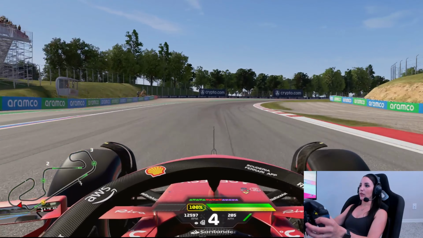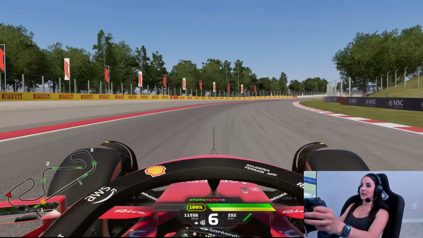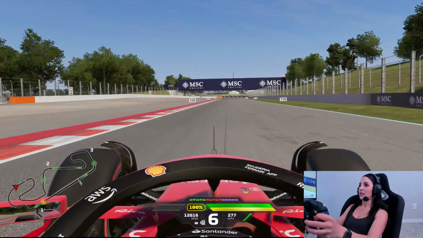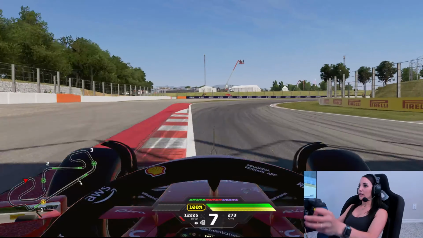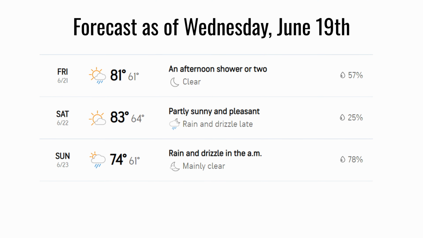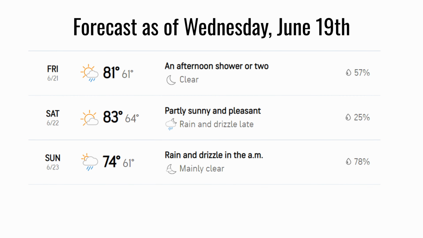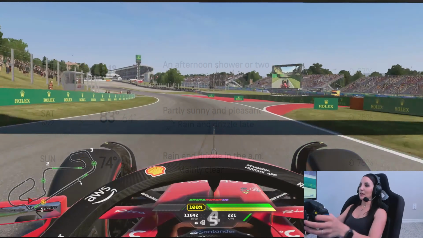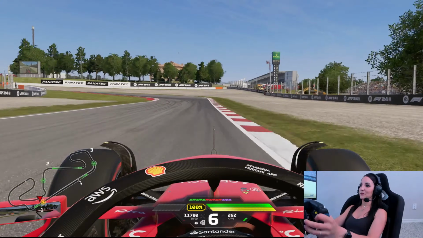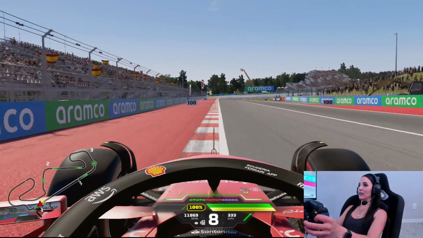When it comes to the weather, it can be unpredictable in Spain, but at this time of the year it is usually pretty warm. And for this weekend we are actually supposed to have a very nice weekend. It should be sunny and the temperature should be in the 80s, so I don't think we're gonna have many surprises on that front. So now let's talk a little bit about the recent news in Formula 1, and the